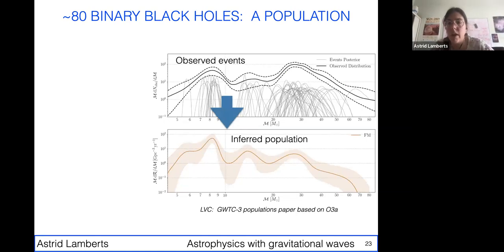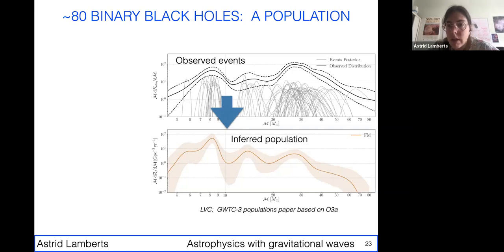This chirp mass, this beautiful M, is essentially a combination of the two masses of the black holes. Each of these small gray lines is the posterior distribution of the chirp mass of an event. Posterior distribution is just a fancy way of saying that it translates our uncertainty on the measurement. But basically, each of these lines is one measurement.